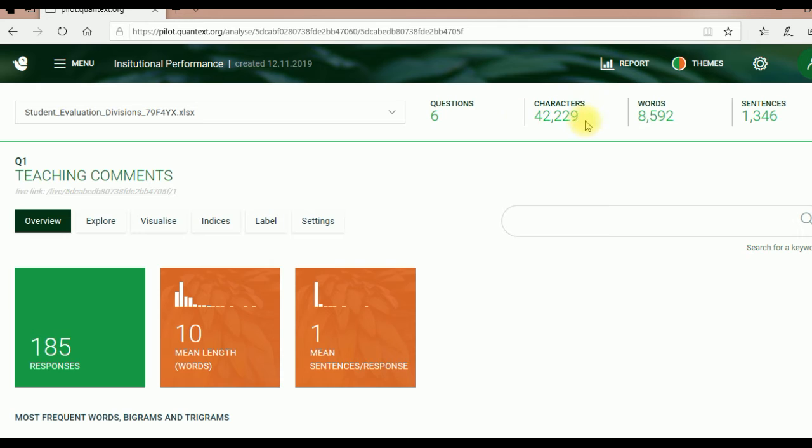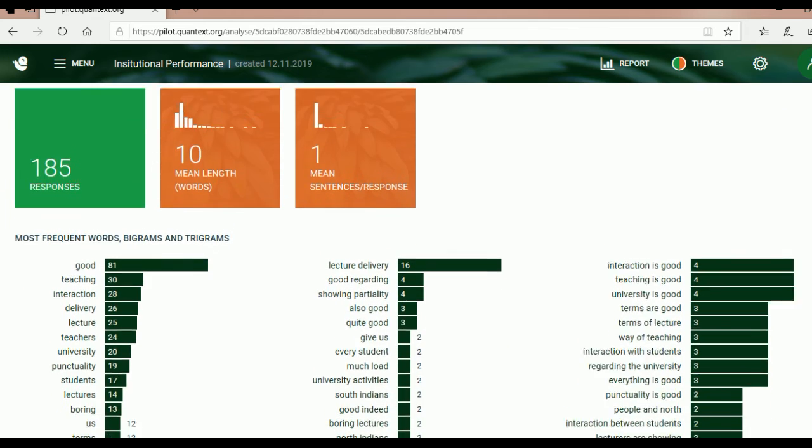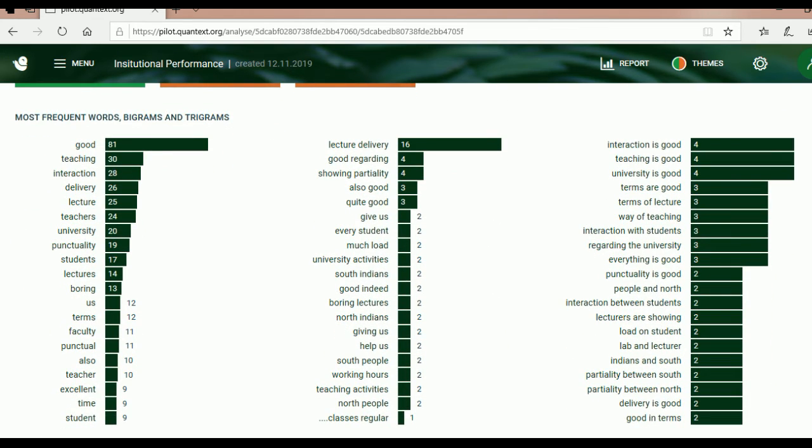So this is the statistical information: how many questions, how many characters, words, sentences. For each question you will get the number of responses, the mean length, and the mean sentence per response. If you scroll a little bit down, you will find the frequency diagrams, bigrams, and trigrams. So the most frequent word here is good. 81 out of 185 responses giving, and inside that around 43% of the students are somehow satisfied with the teaching